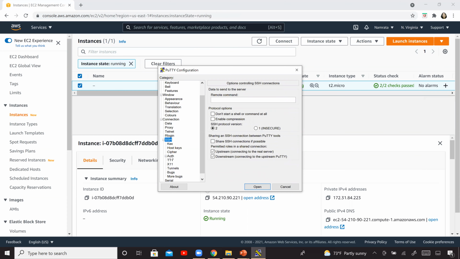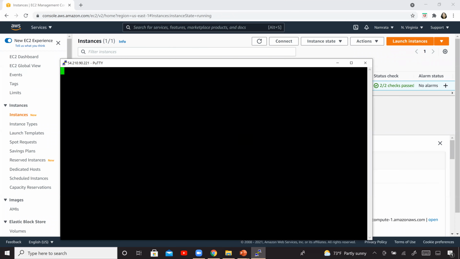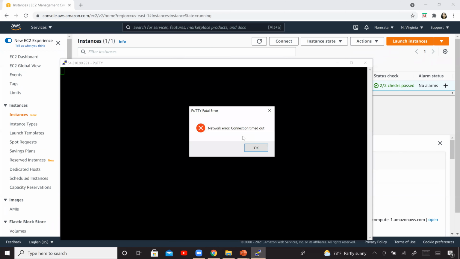SSH. Open. Now this time around, it should not go through. Why? Because you removed your IP address from the list. It's no longer a valid IP address that is allowed to SSH into this EC2 instance, right? Or not just this EC2 instance, but any EC2 instance that uses that particular security group.